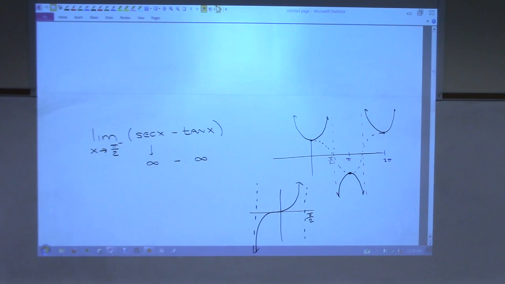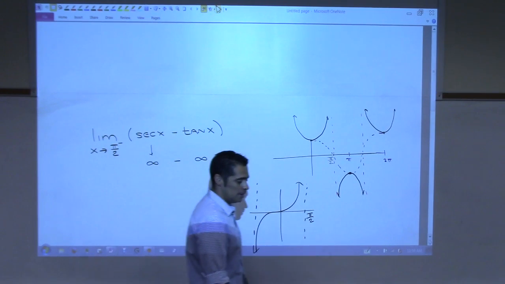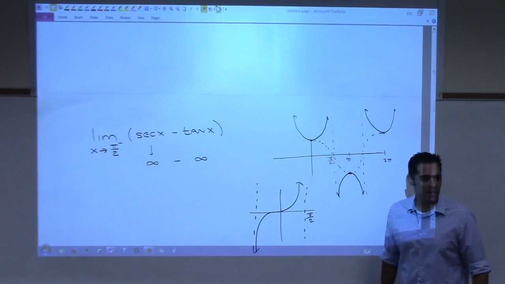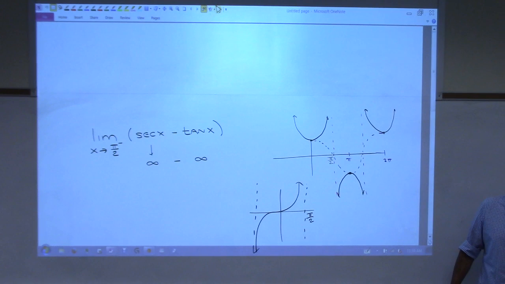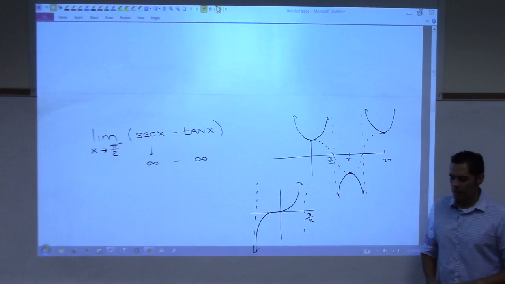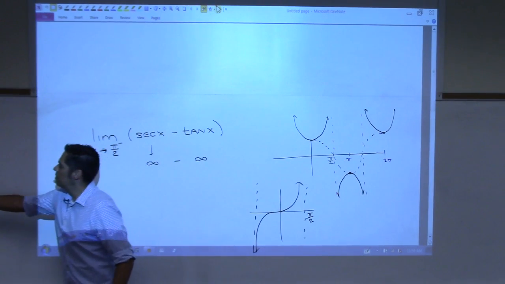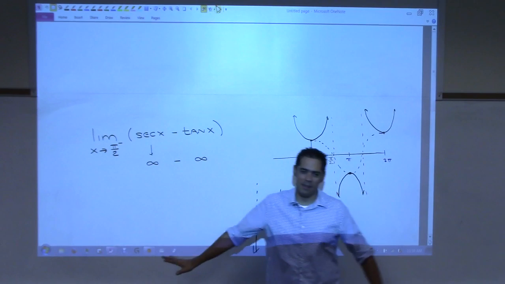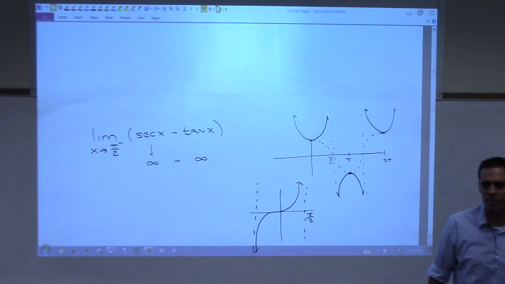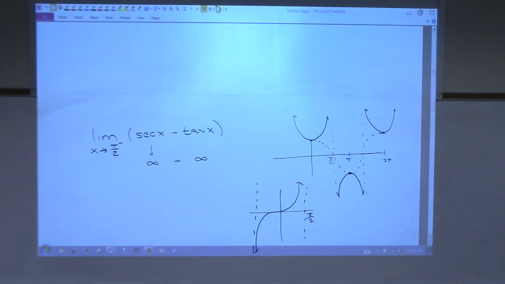All right, so we have infinity minus infinity. What do we do here? Well, L'Hopital, but you can't use L'Hopital unless it's infinity over infinity or 0 over 0. L'Hopital's rule does not say that if you see this, then you just take the derivative of each one. That is not the case. You've got to have a ratio. It's got to be 0 over 0 or infinity over infinity. So I've got to somehow hopefully